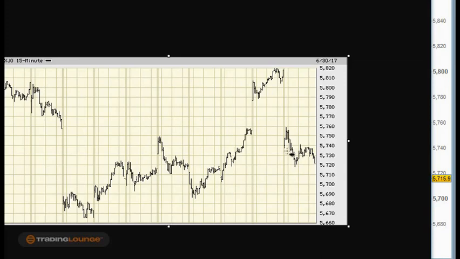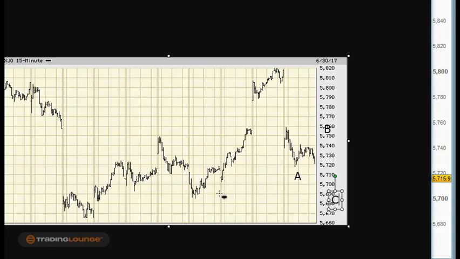So I don't think that this move down here is actually completed. So yeah, this would just be the A wave at this particular point, and we've still got to get a B wave in here as well, and then we've got to get a C wave in here as well